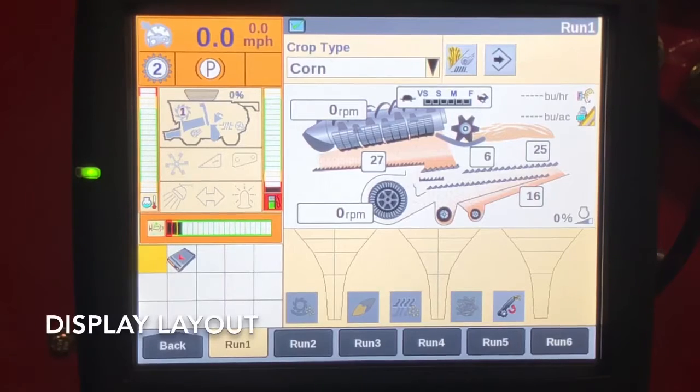Let's take a look at some of the new display layouts with our 250 series machines. So whether you've got an automation or a non-automation machine, if you're using the default layouts, your run one screen is going to look something like this here. So with that, we've got the machine cutaway, and we're going to show you basically all of your machine settings